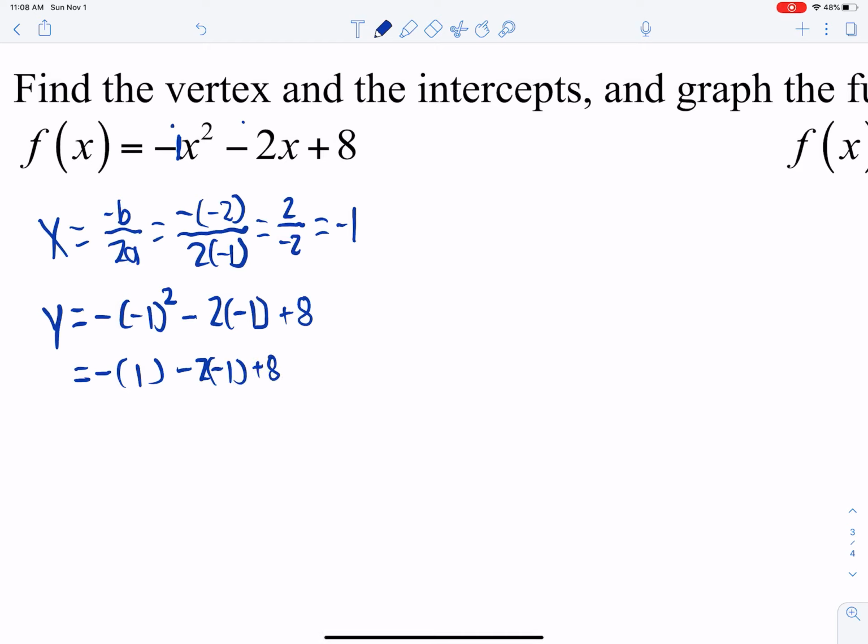Then we do the multiplying. The negative of 1 is negative 1. Negative 2 times negative 1 is positive 2. And we still have a plus 8. All that works out to a positive 9. So our vertex is negative 1, 9. Next,